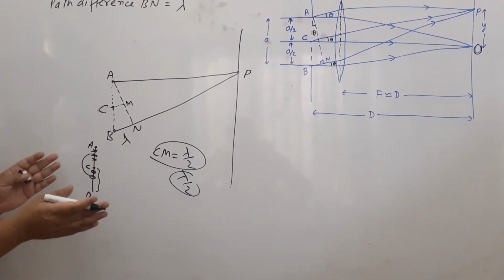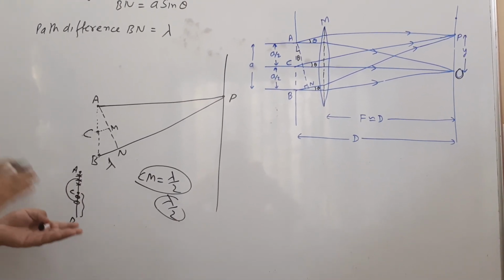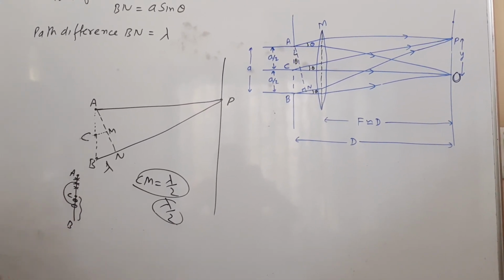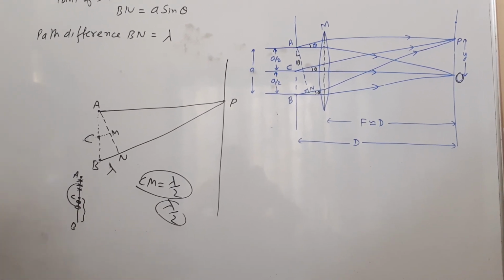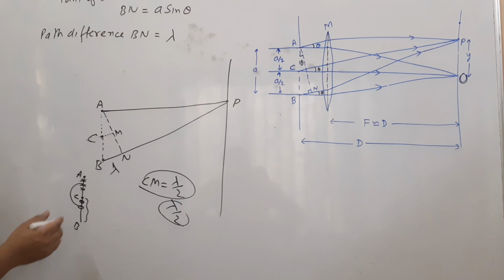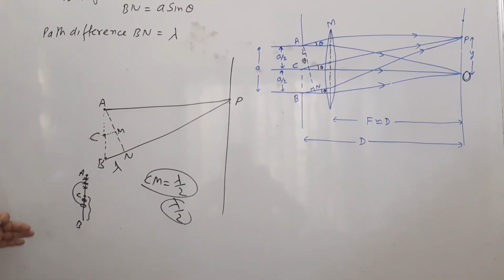If lambda by 2 path difference is there, what happens? Trough will meet crest, crest will meet trough, meaning they will form destructive interference, or we can say point P will be the position of